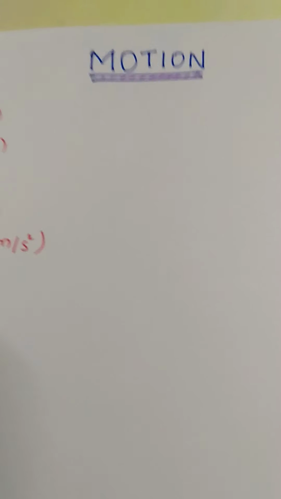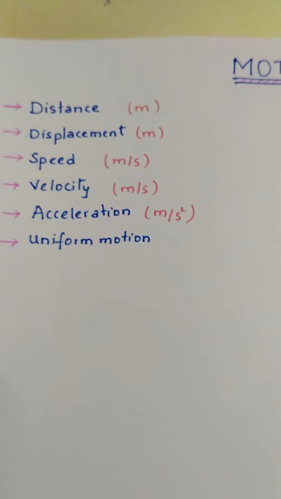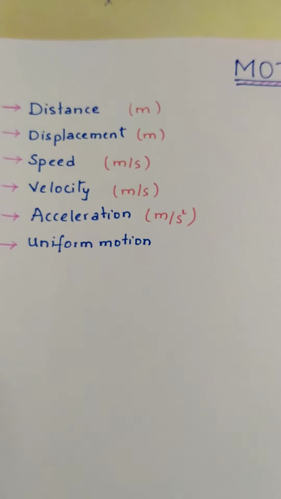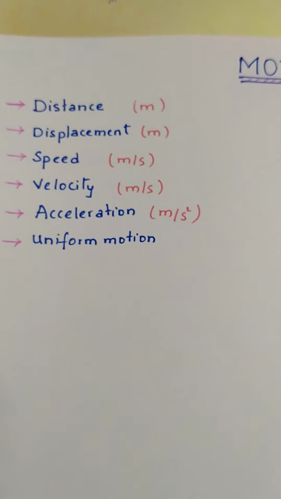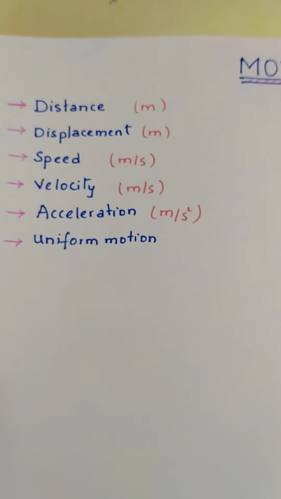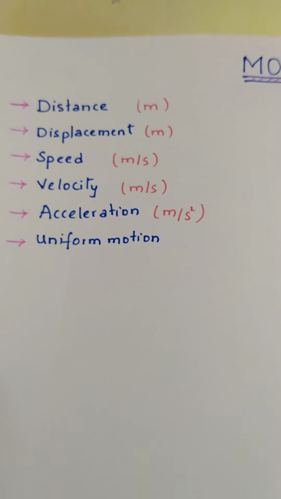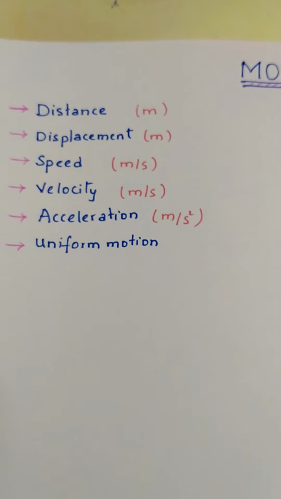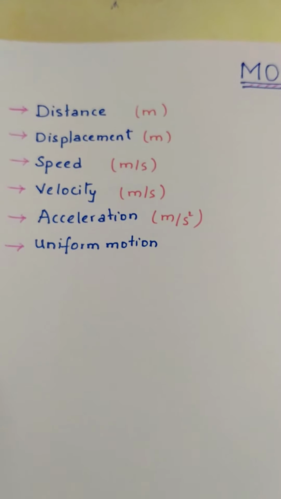Let us continue our journey in the physics. Last time we were dealing with some basic concepts related to the chapter motion. Now we shall just continue further. So far we have only touched the surface of this chapter. We discussed distance, displacement, speed, velocity, acceleration, and of course some other terms like uniform motion and non-uniform motion. And we tried to solve some numericals also, step by step, on distance, displacement, velocity and acceleration.